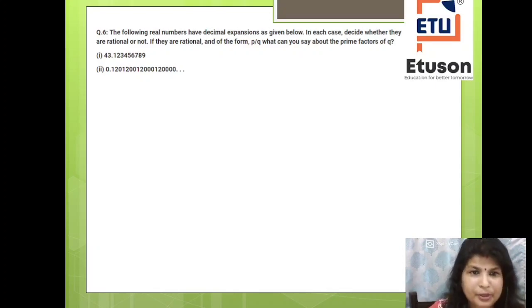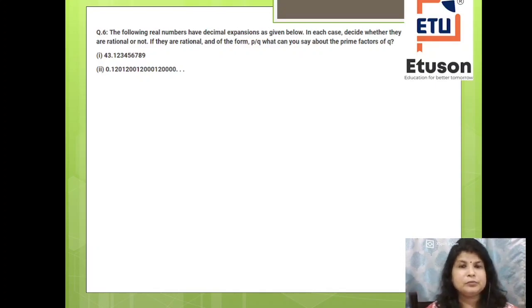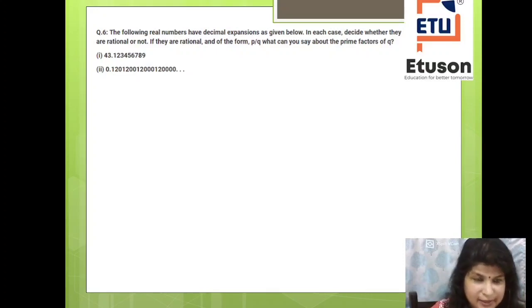The following real numbers have the decimal expansions given below. In each case, decide whether they are rational or not. If they are rational and of the form p by q, what can you say about the prime factors of q? तो अभी पहला वाला क्वेश्चन देख लो. तो इसका आफ्टर डेसिमल पॉइंट, सो the numbers are there and it is terminating at 0.9. So definitely if it is terminating at 0.9, it's a rational number. So bit 1 तुम्हारा है